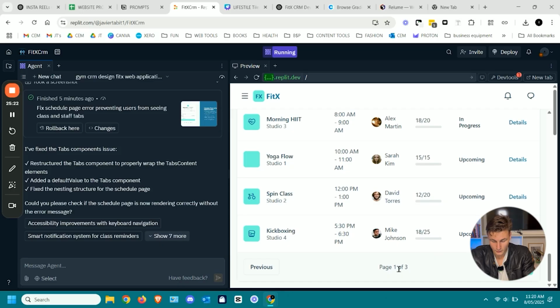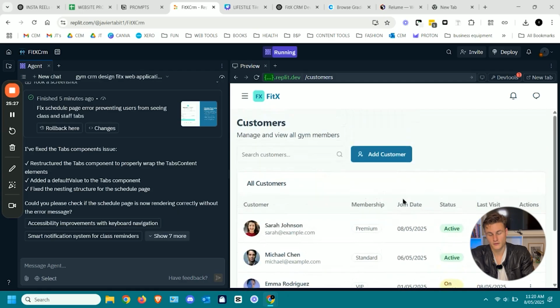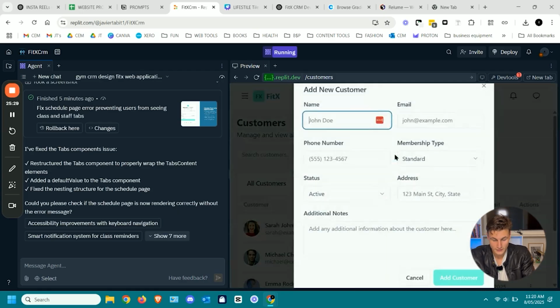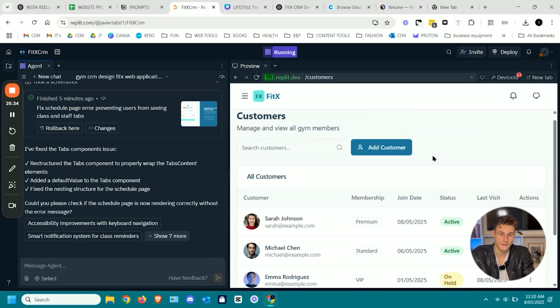Then it has next, should move on. Anyway, so let's go to the customer section. Now this is a section that wasn't working before that I fixed. Now this allows us to add a customer in manually, and you can add custom functionality that is, upload data,